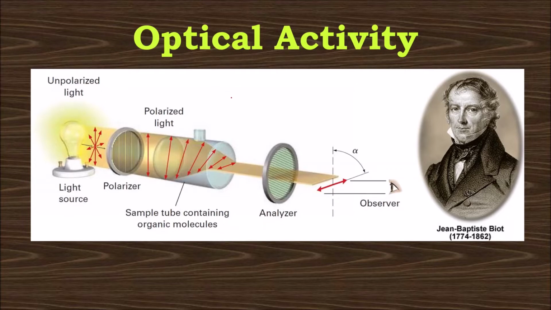But if the structure is not given, then it is really impossible to theoretically find out whether a compound is optically active or not. So we can experimentally find out whether a compound is optically active or inactive with the help of this instrument that you can see here, which is called a polarimeter. Let us first try to understand the brief history of how optical activity was discovered.